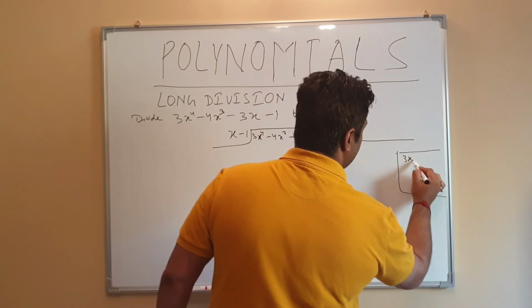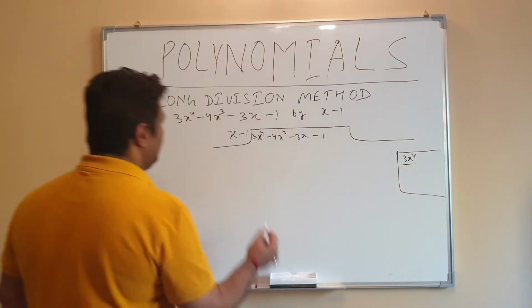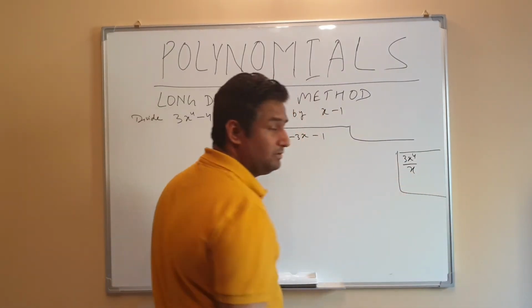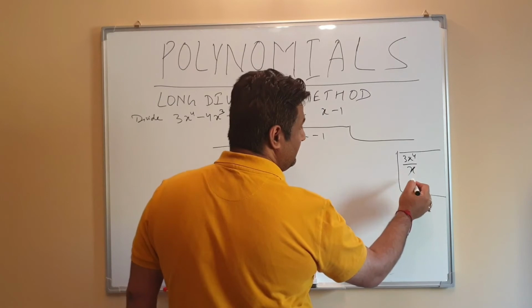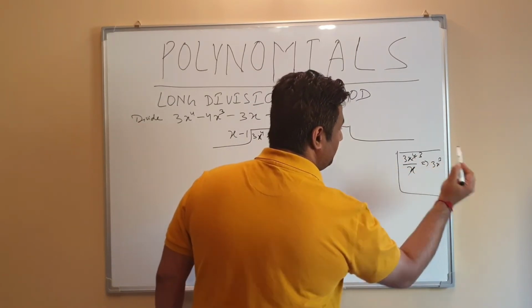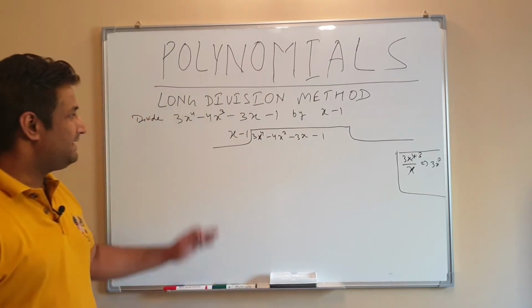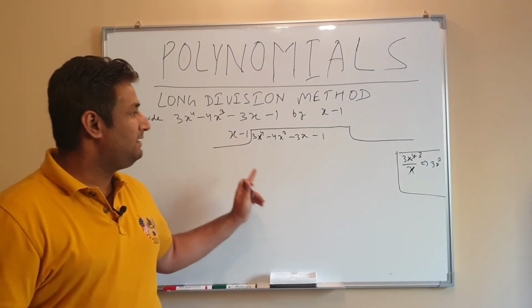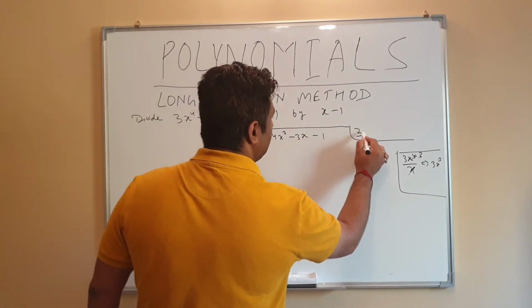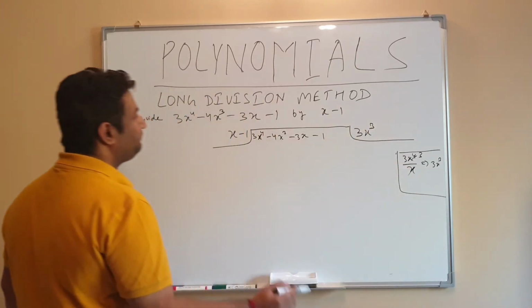So the first term here is 3x to the power 4, and the first term here is x. So we just have to divide both the terms. Once dividing, we can see the x will get cancelled here, so you'll get 3x cube, correct? So basically you have to divide this x minus term by 3x cube. Okay, so we'll just write 3x cube over here.